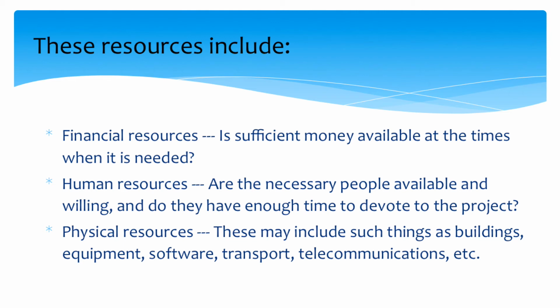These resources include 这些资源包括什么呢？第一个就是 financial resources 财务资源，也就是资金。Is sufficient money available at the times when it is needed? 这个不用解释了，得有资金。Human resources 人力资源：Are the necessary people available and willing, and do they have enough time to devote to the project? 是不是有人可以来做这个事情，他们也愿意做，而且有足够的时间花在这个项目上。